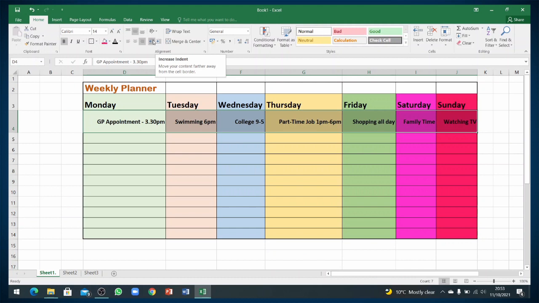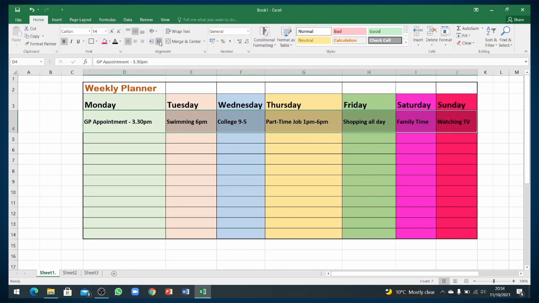So now first of all we'll try this one, decrease indent. When we do this, you can see it's not making any change because our text is aligned right. So if we want to do that, first of all we will bring this to the left hand side, and then we will try this option, decrease indent. And it's not decreasing because we can't decrease indent, it's already next to the left hand side border